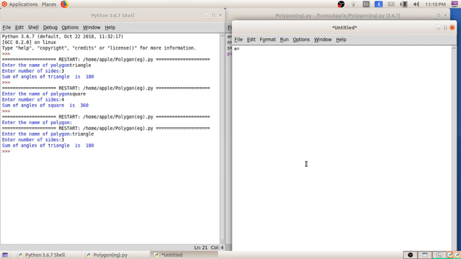A is equal to eval of input, enter your score. Here we have given eval of input because the score is numbers, digits, that is why we have given eval of input.